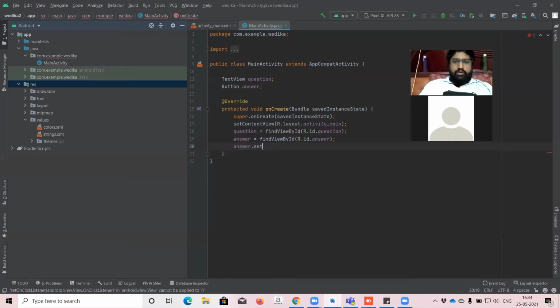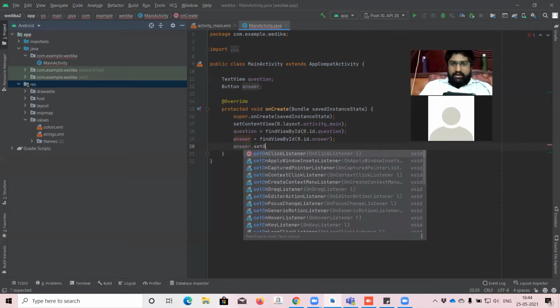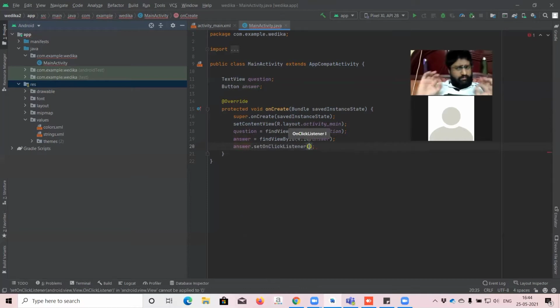You don't want to type all the code, simply type dot set O, with capital O, on click listener will be coming. You press enter. That's more than fine. So while clicking the answer, a new process has to be started. So new View dot on click listener. That's it.